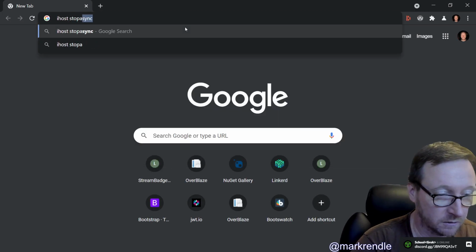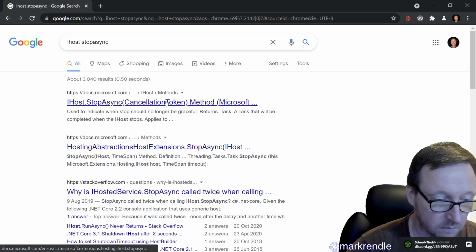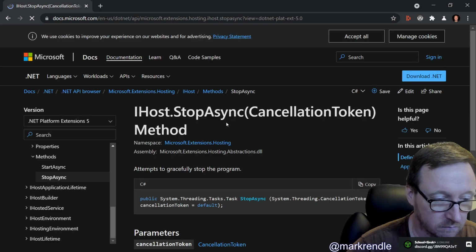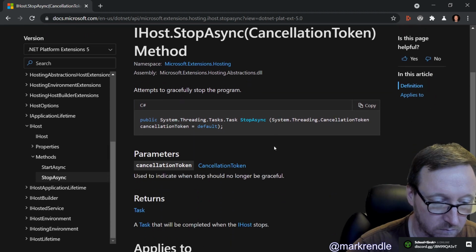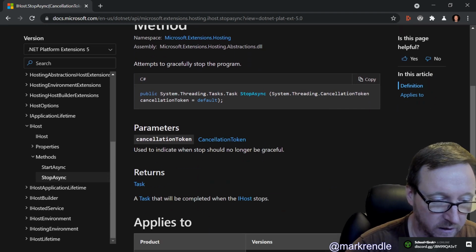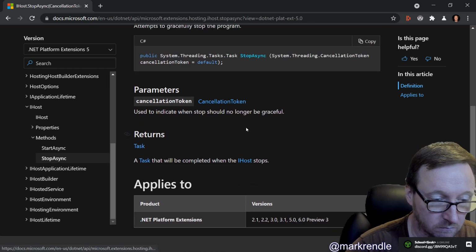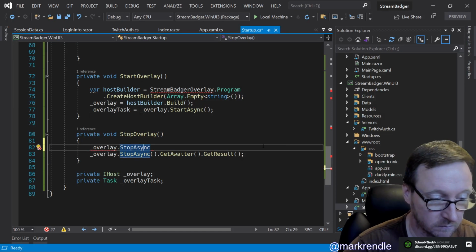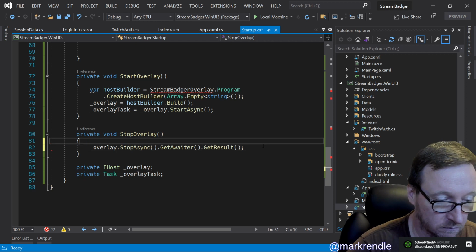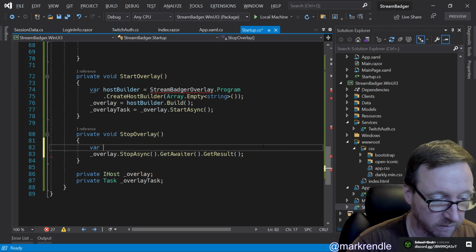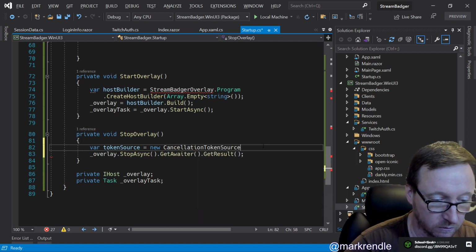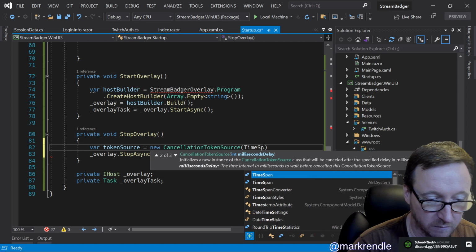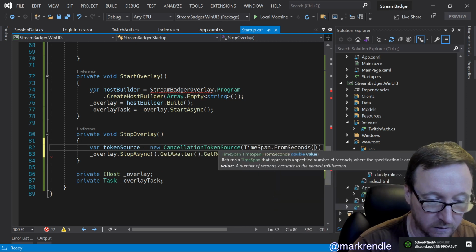IHost stop async. Used to indicate when stop should no longer be graceful. So we can say var token source equals new cancellation token source, time span dot from seconds 1,